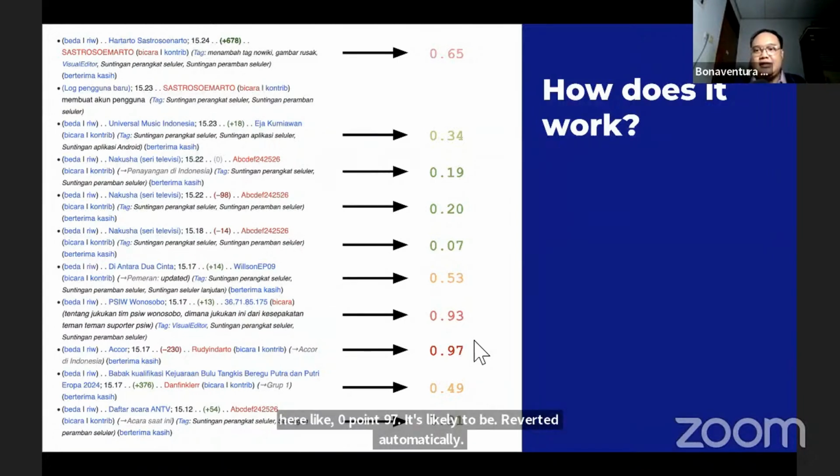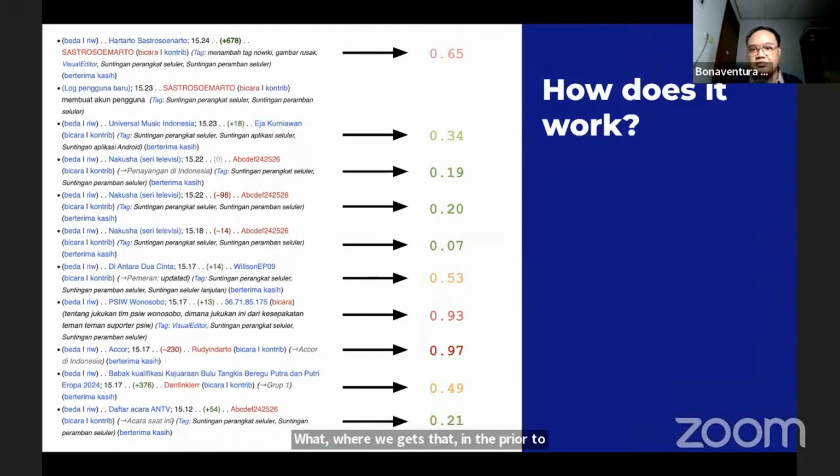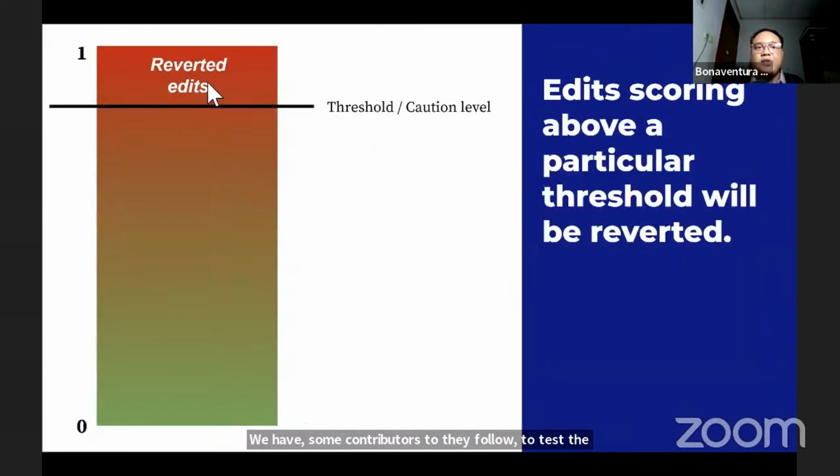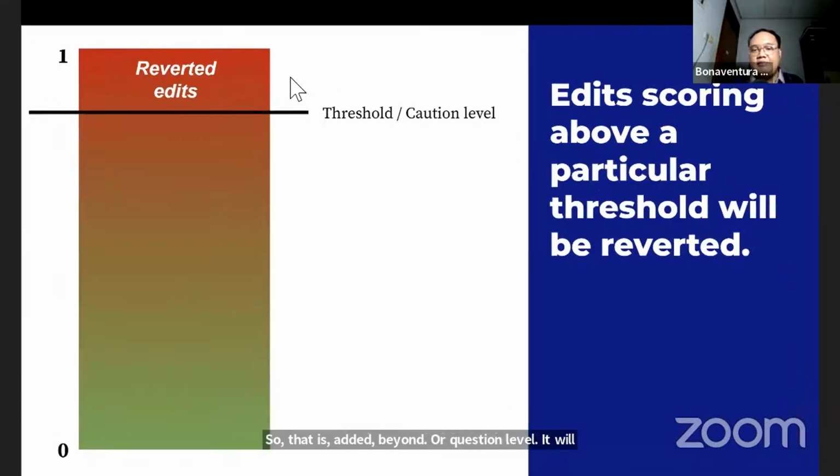Prior to collecting this data, we had some contributors test the feature, and we got some thresholds like this. So if there is an edit beyond this threshold, or caution level, it will be reverted automatically.